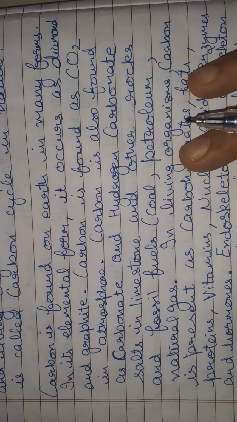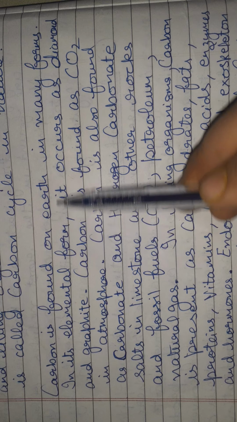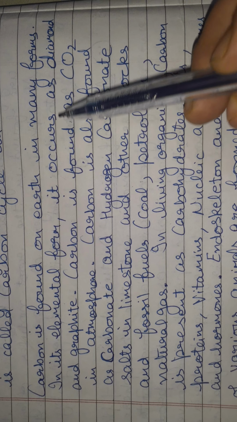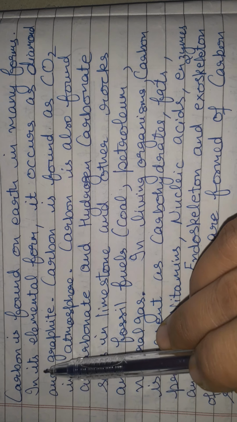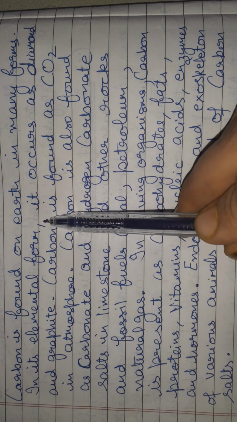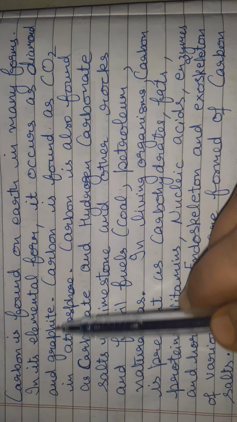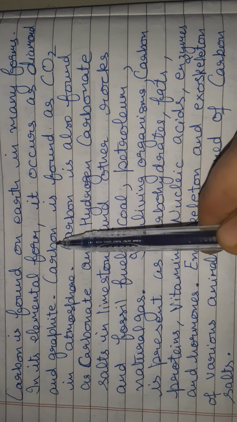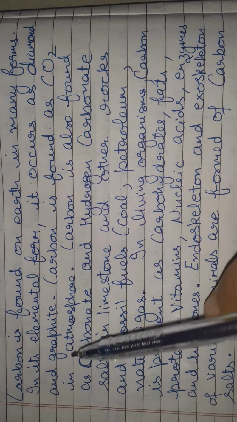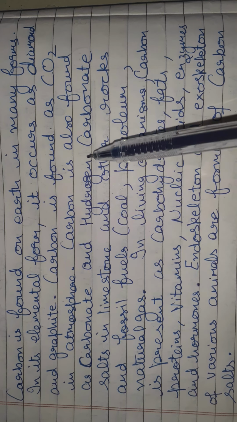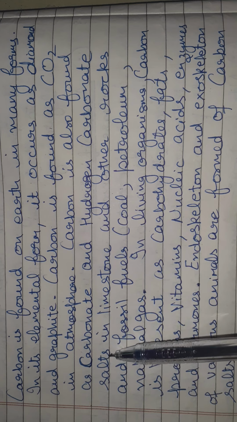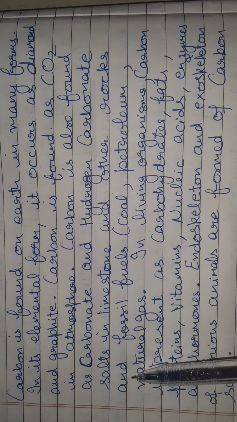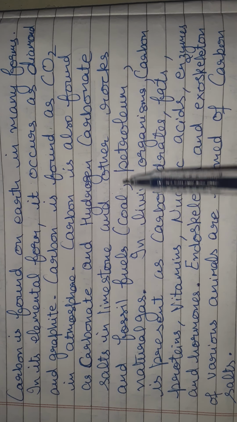Now, carbon is found on Earth in many forms. In its elemental form, it occurs as diamond and graphite. Carbon is also found as carbon dioxide in atmosphere. Carbon is also found as carbonate and hydrogen carbonate salts in limestone and other rocks and fossil fuels like coal,